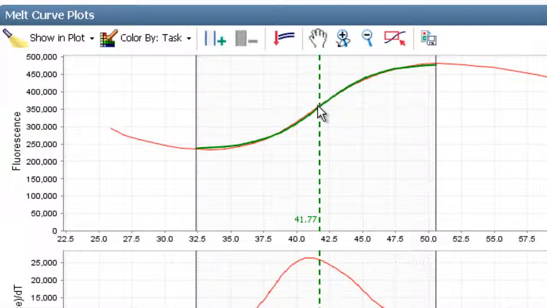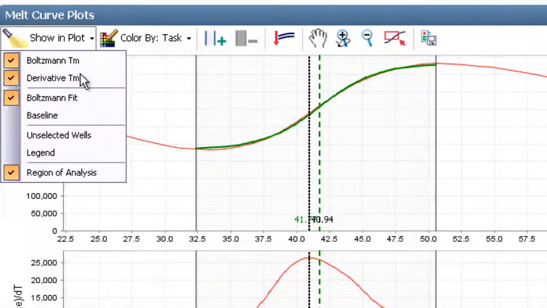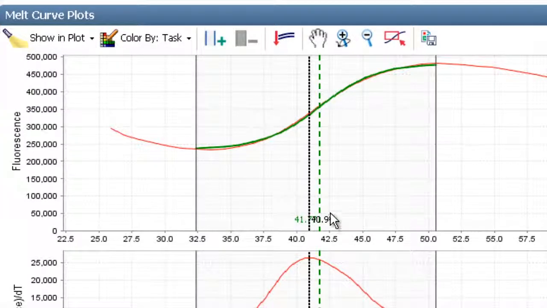Now, notice that when I choose to show the derivative-based calculation of TM, it's different from the Boltzmann TM. This is to be expected. As long as we're consistent across the samples we're comparing, the choice, especially for single peak melting profiles, might not be so critical. And by the way, we do have the option of manually setting regions of analysis on a